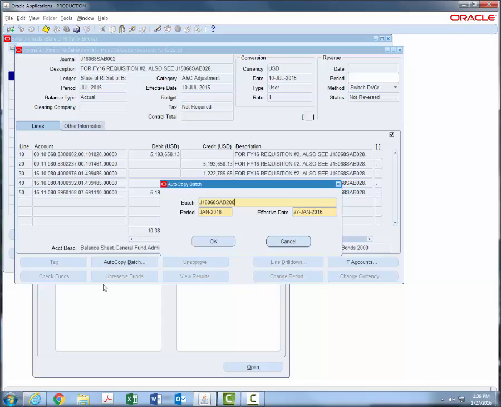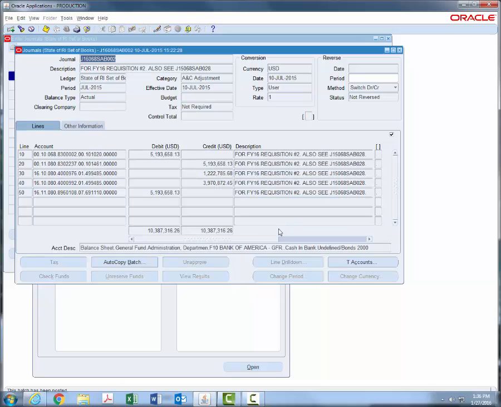The period and effective date fields on this screen are automatically filled in with the current date by default, but I can, if necessary, change them to a future period and date. At this point, I will click on the OK button, after which I will get a message that I now have a concurrent request ID in process. Click on the OK button in the message box. This will bring me back to the screen that displays the old journal entry. I will close out of that screen